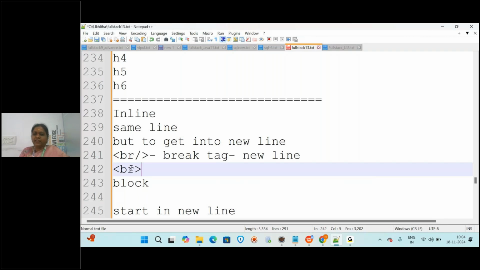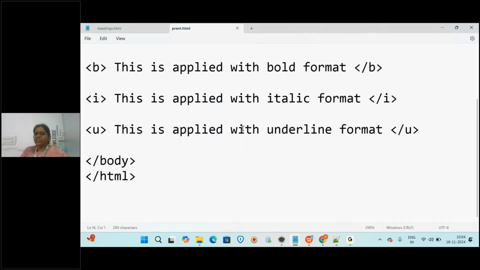So how are we writing it now? For this text we want everything in a new line, so after the b closing I am writing break. Yes, correct. After displaying this bold format, I want to come to a new line. So wherever in the page you want to come to a new line, write the BR tag there. Got it? In the complete web page displayed on the screen, wherever you want to come into a new line, write this BR tag. Clear? And here also write BR. I want it after displaying this also. And again BR after displaying this.